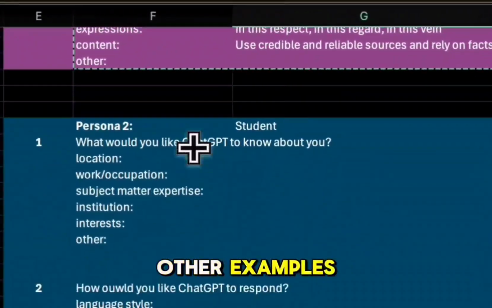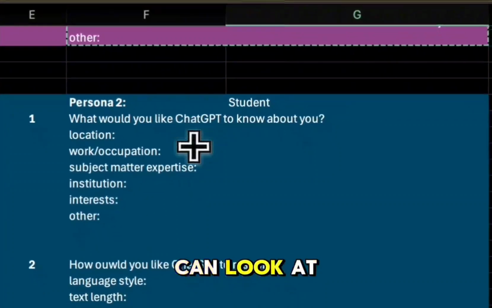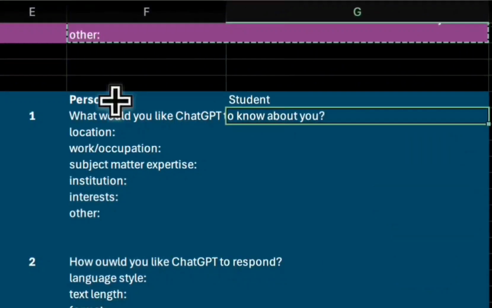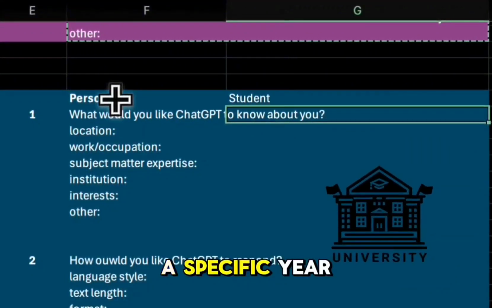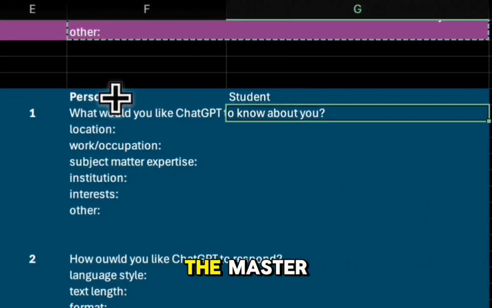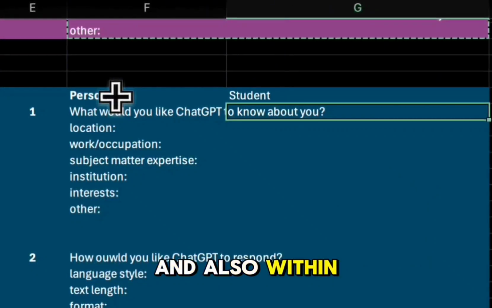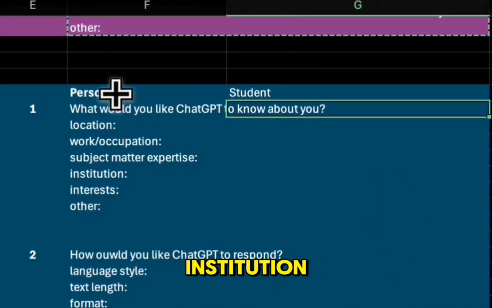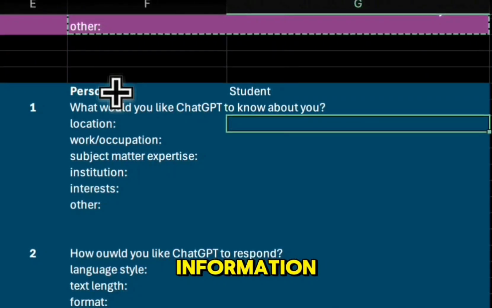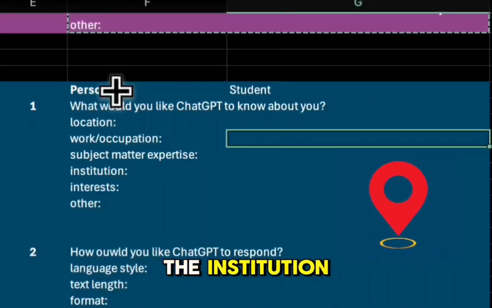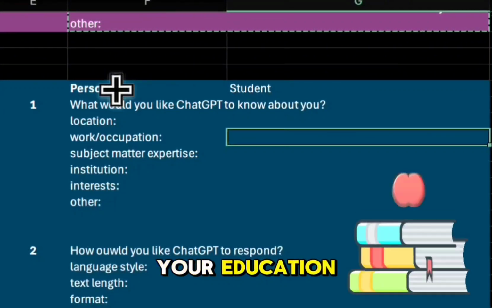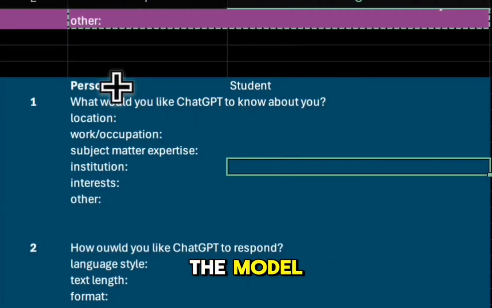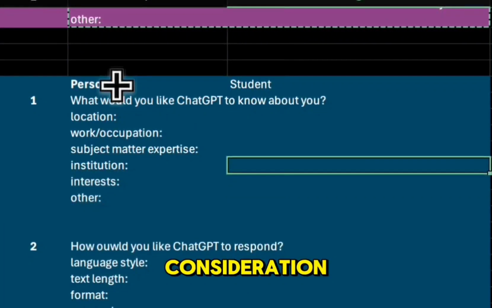Now, there are other examples of personas that we can look at. For example, the persona of a student who is, for instance, studying within a certain university within a specific year of the bachelor program or the master program or the PhD program, and also within a certain country or within a certain city, and within also a certain institution. And once you provide that specific information, which is the location, the institution, the discipline in which you're doing your education, PhD, master program, or bachelor's, and your interests, the model will take all those things into consideration in drafting